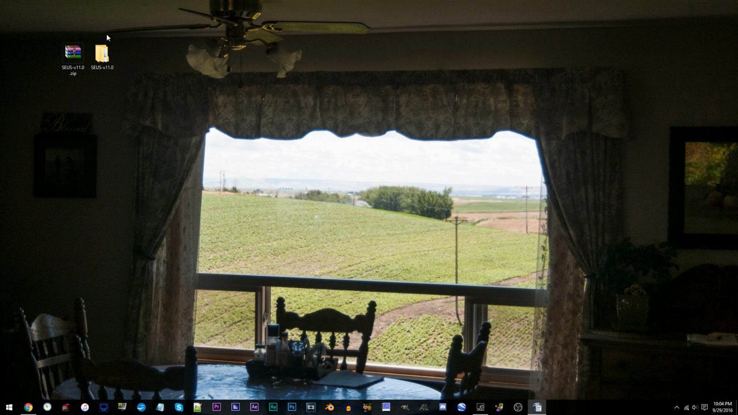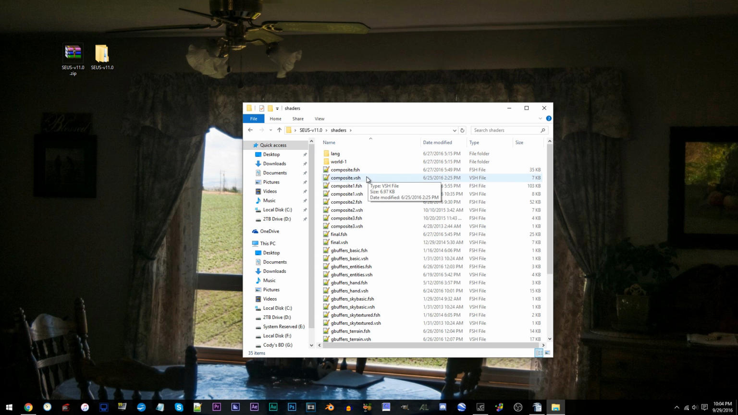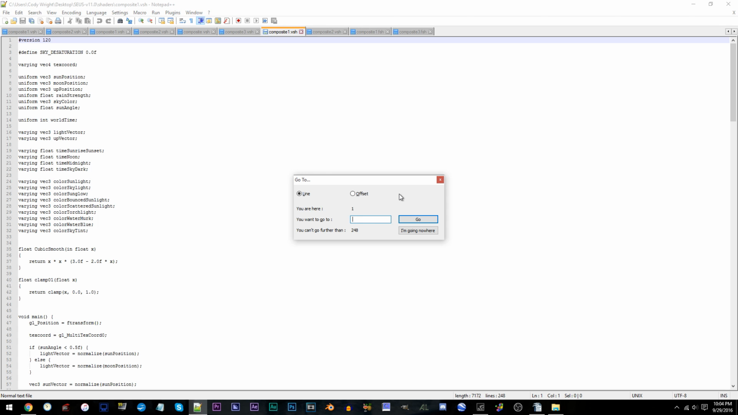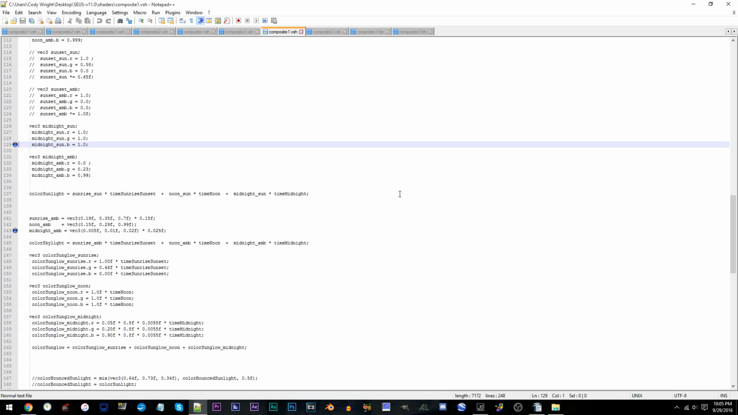First, have the SEUS V11 unzipped and ready to work with on the desktop. Access the folder, access the shaders folder, and locate composite1.vsh. Use your Notepad++, open it up. Control G, line 129. For this tutorial, I'll only be working on line 129 for the adjustment I have for you,